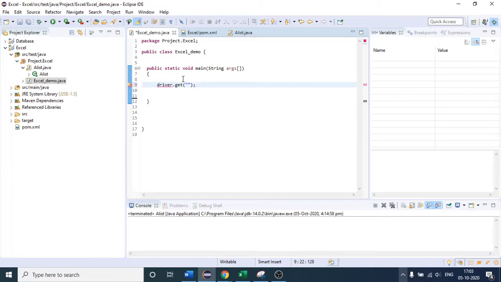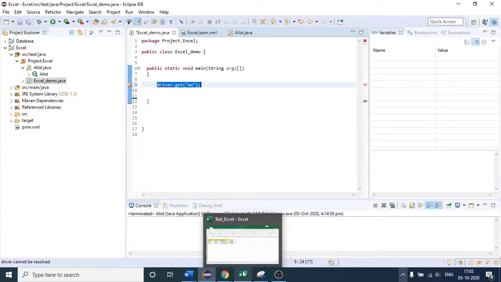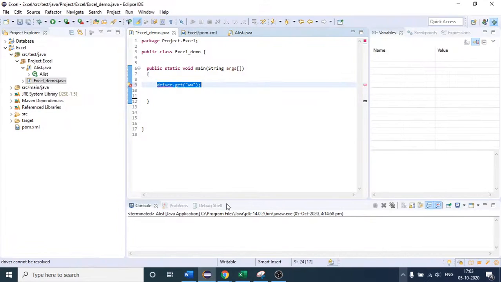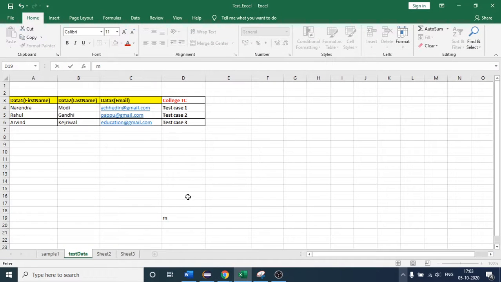Till now we used to do it like that, but we should not hardcode the data here. It should come from another file. One example is Excel. I hope you all might have worked with Excel, even if you are from the automation background or from the manual one.